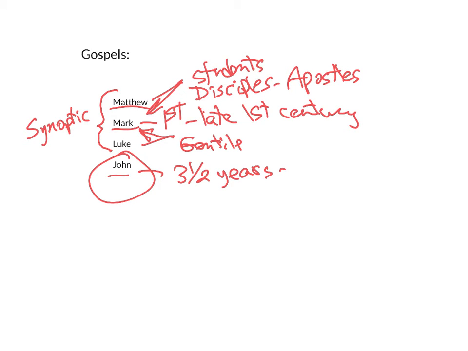John even refers to himself in his book as the one that Jesus loved. Not that he didn't love the others, but he recognized that he and Jesus had a special kind of relationship. John writes his book fairly late, probably somewhere around 90 or so AD. Fortunately, unlike the other apostles, John was not murdered. He lived to a ripe old age.